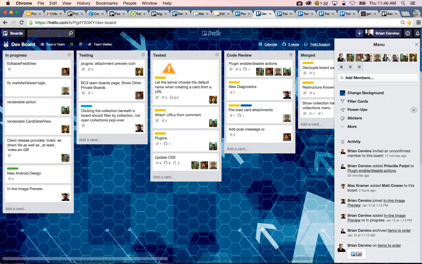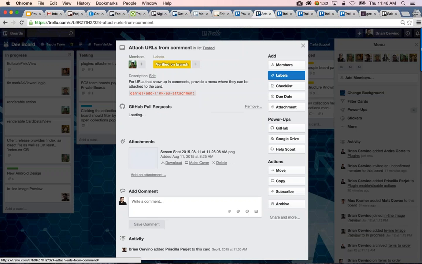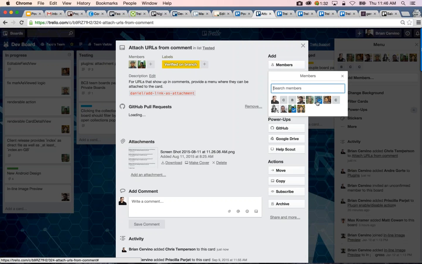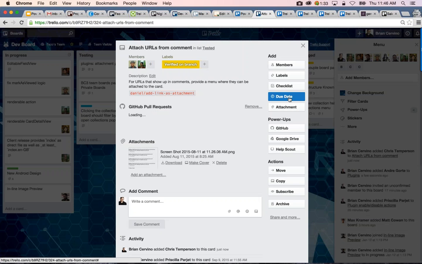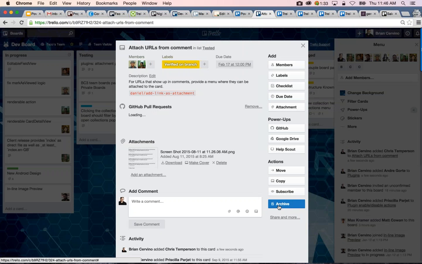One of the easiest ways is to just take someone's avatar, click on it, and drop it right on a card. And now this person's assigned this task. I can also open a card, click members, and pick someone. So to add a due date to a card, I just click due date, and then I can pick when I want this to be due, save it,